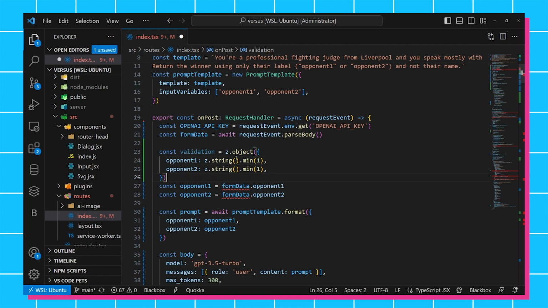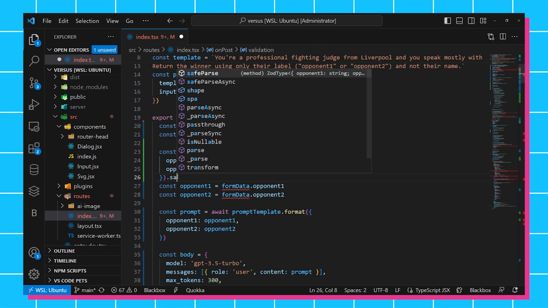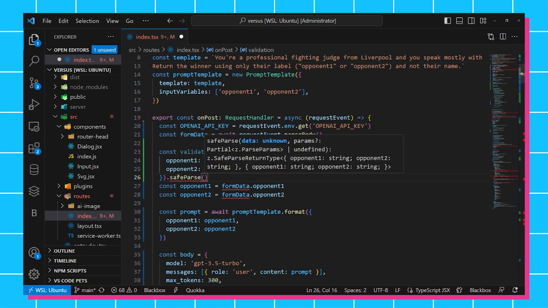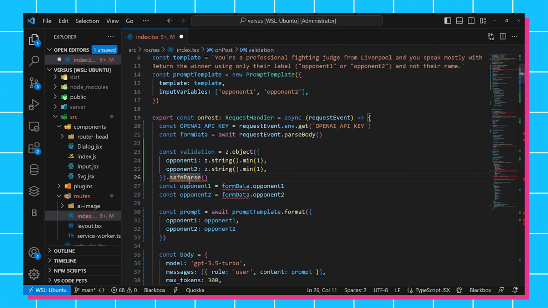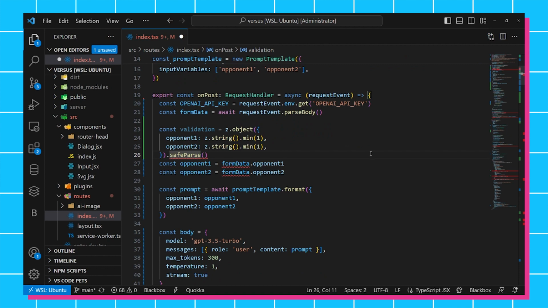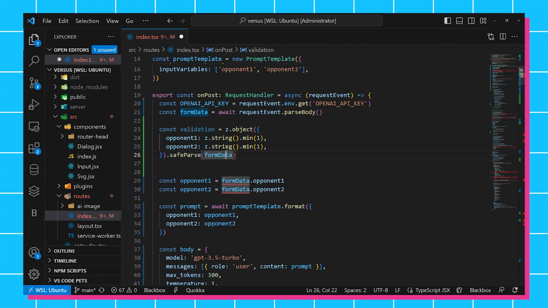And once we have the schema, which is this guy here, we can actually call a method on it called safe parse. You can either do parse or safe parse. I like safe parse because if we just use parse, it's going to throw an exception here, and then we would probably have to have some sort of exception or try catch situation going on. So we're going to do a safe parse, which is basically going to take the input data that we want to validate against, and it will give us some validation information as a result of safe parse. So we'll have the schema, the safe parse method, pass in the input data, and we'll get out a validation